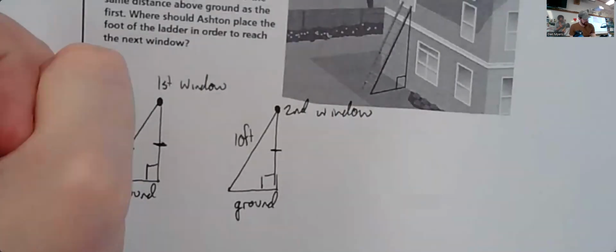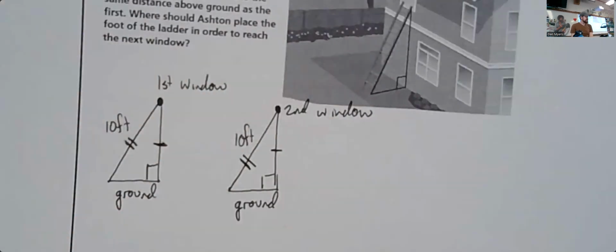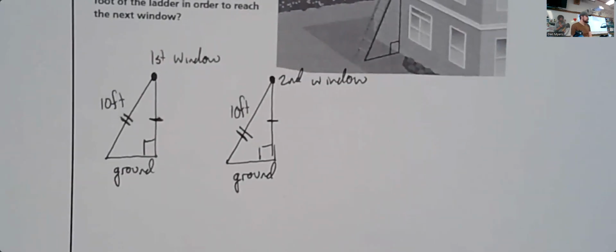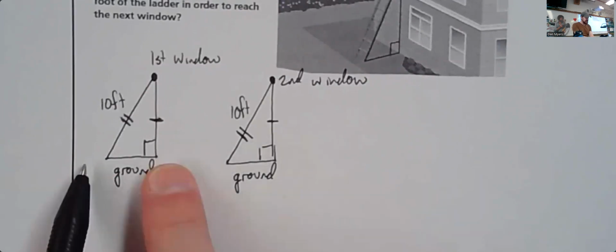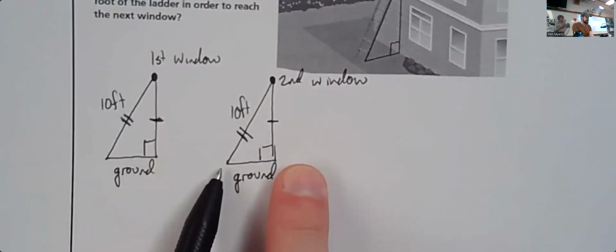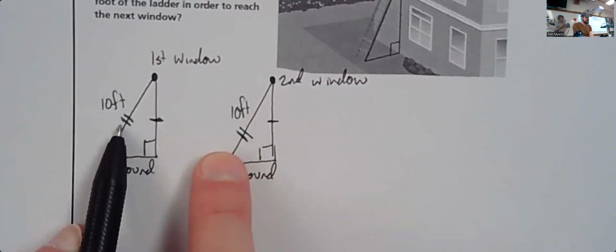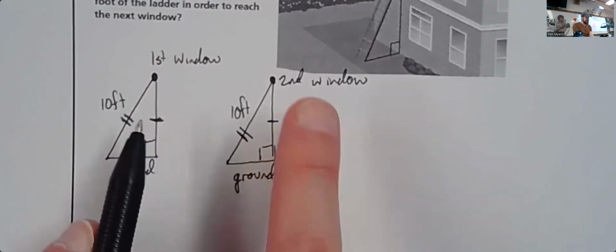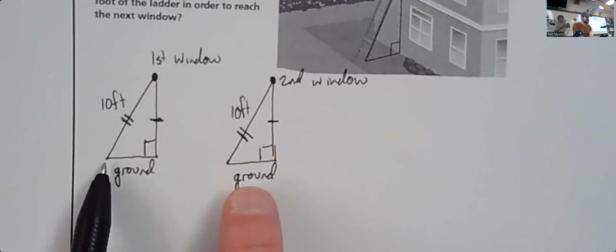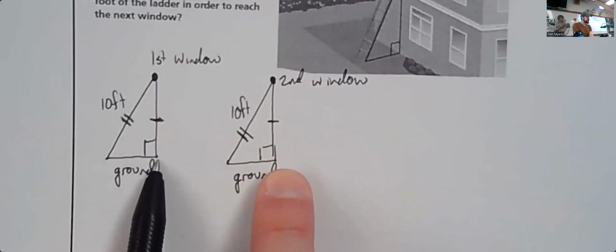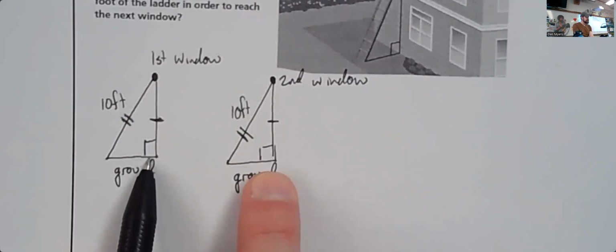And we know that 10 feet is the same as 10 feet. So the distance across the ground has to be the same, because we have a right triangle. We have a congruent hypotenuse between the two, and we have a congruent leg between the two,